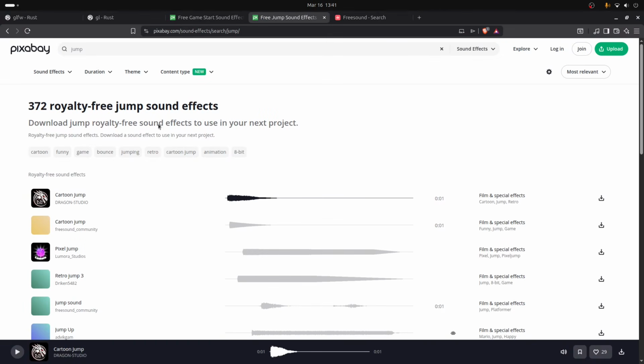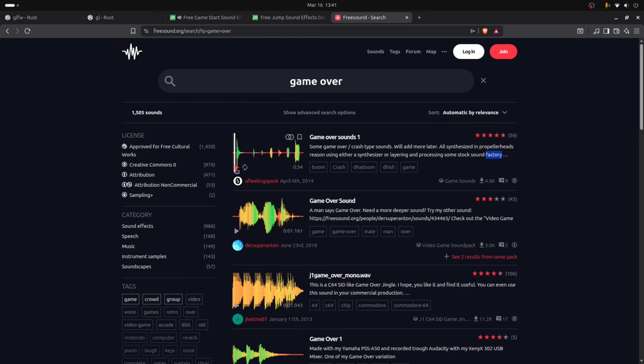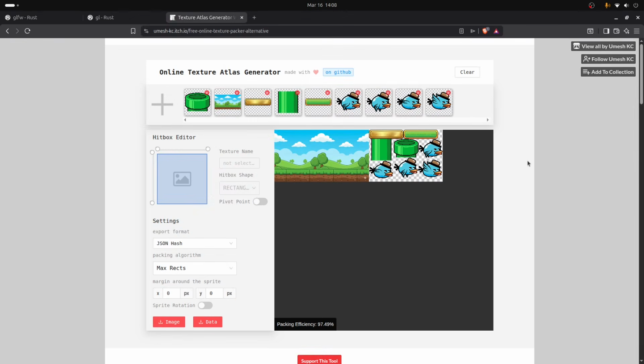And these sounds I got from Pixabay, this cartoon jump, this game start, and this one, and this one from Freesound. To draw multiple sprites, I use a texture atlas, and I'm using this online tool called